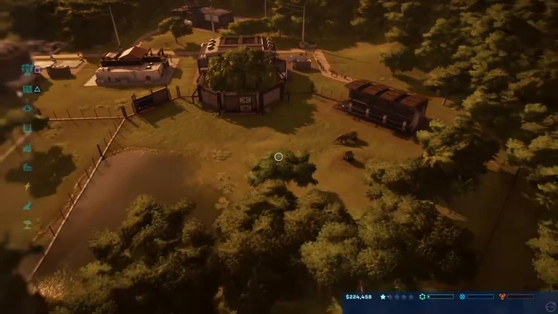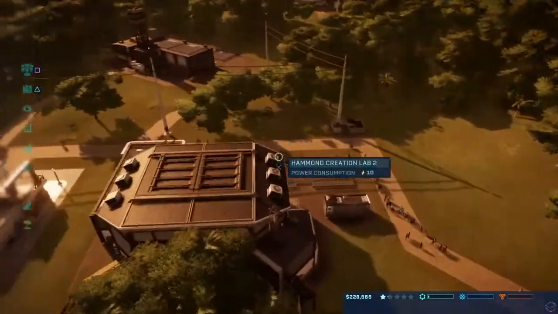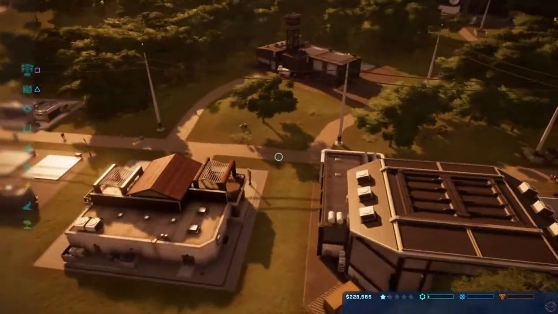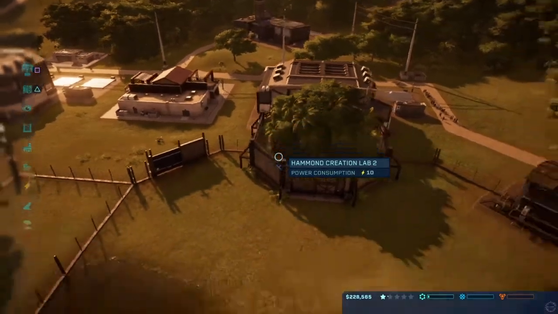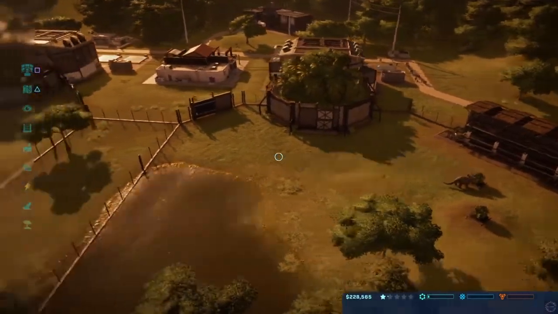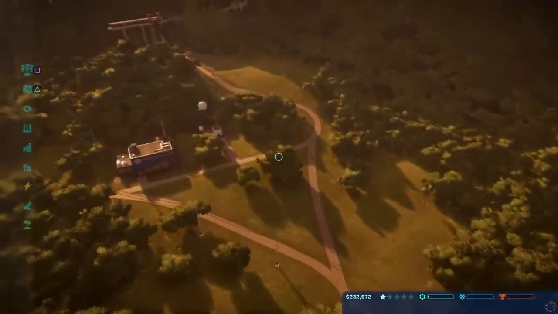45%. Alright, we actually got people coming in now, so it's good. We're already at 1 star on this island, and we have 2 dinosaurs. We got 1 star. Look at that. That is progress. That is good progress. But we need...